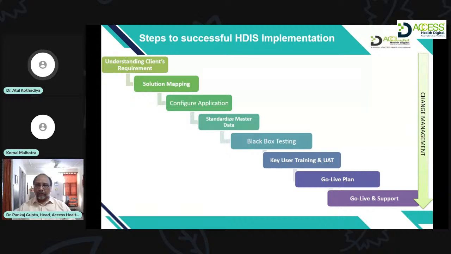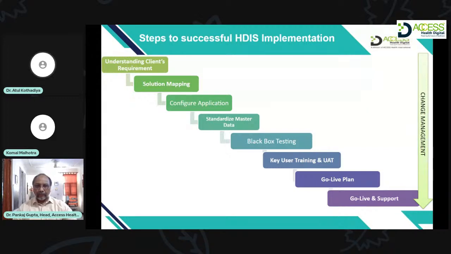Now, going to the go live date, once you are live with the new software, whether it is phase manner or a big bang, you're live on the new software, then starts your post go live support, where a big role is played by champion users who are already trained on the software. They will keep supporting their team members during this phase. Of course, the vendor will also be part of your post go live support, where he has his own resources in the hospital. So this is all about the